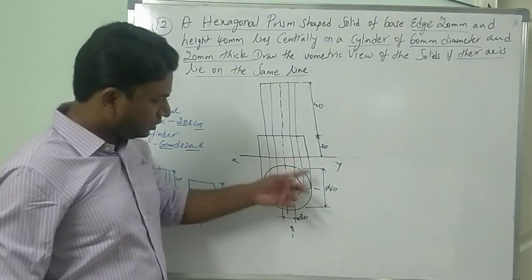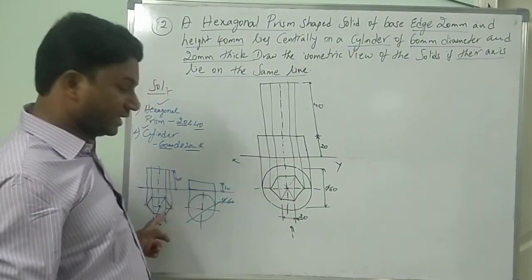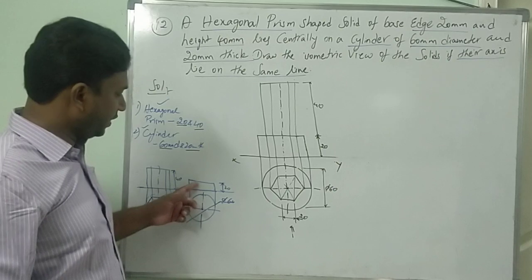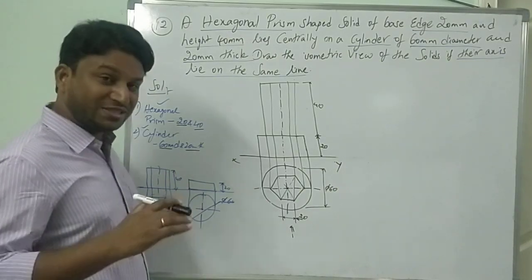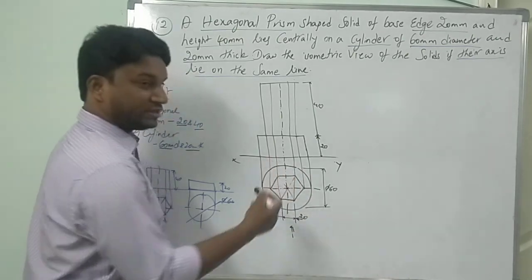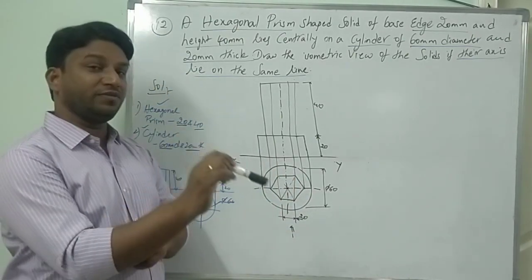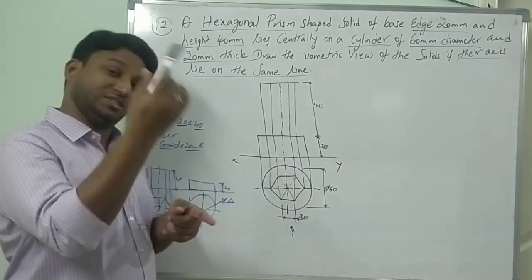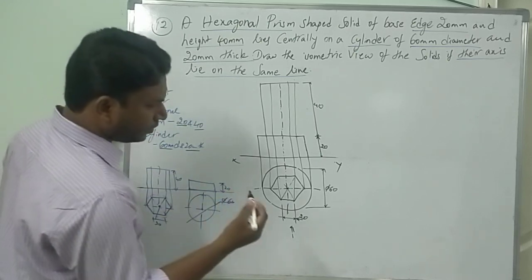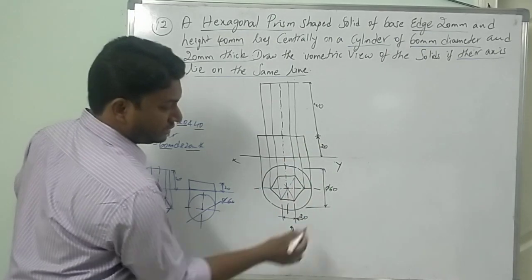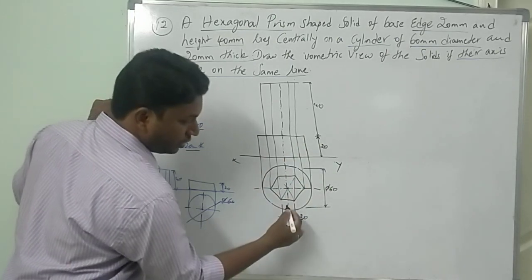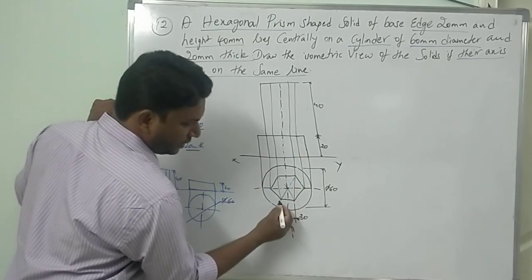With respect to the top view, circle first, hexagon, right? And then front view, right? But here, to make it simple, I have constructed the hexagon. I have plotted the center of the hexagon. With respect to that center, I constructed the circle. If you want to do the dimensions for the center, no labeling parts. Dimensions are done. For the hexagon, if you want to label the parts, just start somewhere from here.